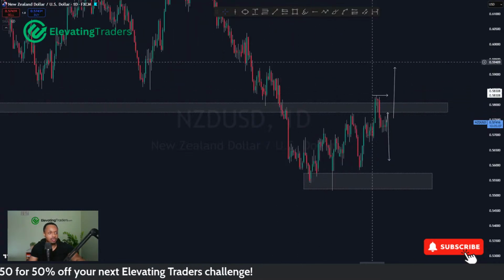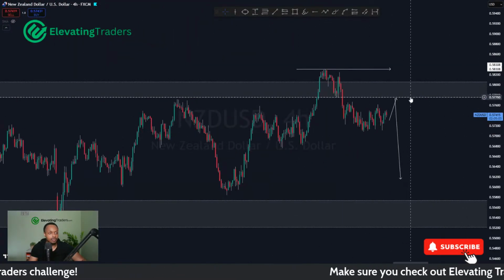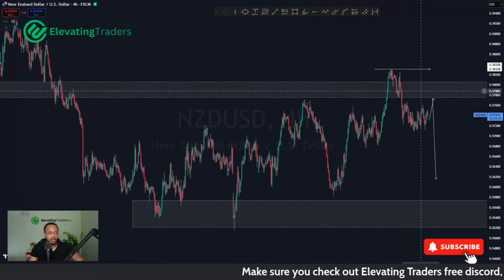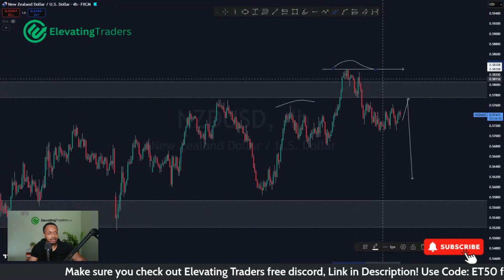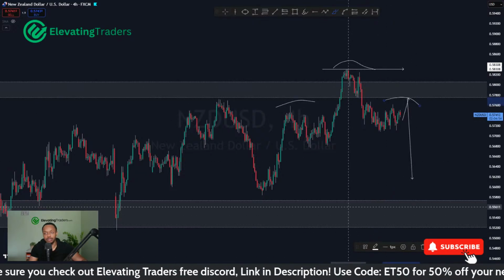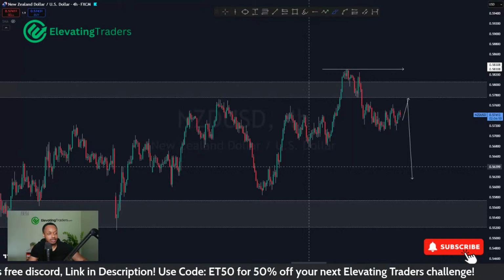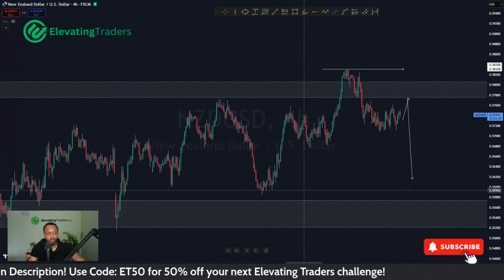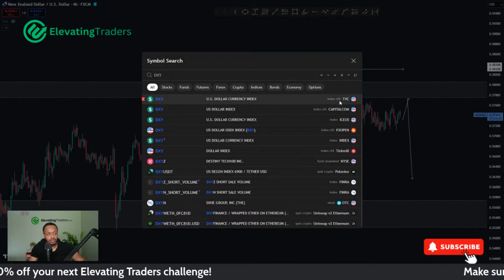At the moment, that level is holding pretty well. So I've said for NZD USD, I'm kind of looking for a bit of a pullback and some shorts, as long as that high can hold. A bit like a head and shoulders pattern there. You've got your left shoulder, head, and then right shoulder, and looking for us to sell off. So I do have a bit of a bearish bias, at least for now, for NZD USD back into support around 0.56. Dollar, I'm looking for a bit of a push to the upside as well.